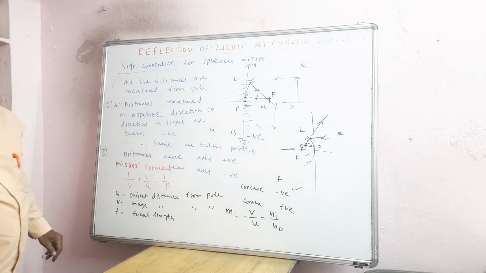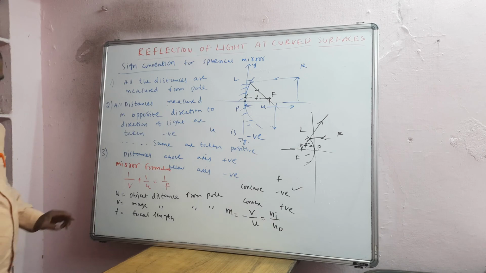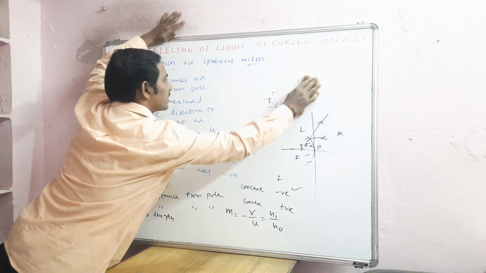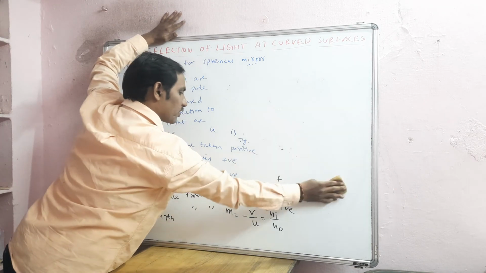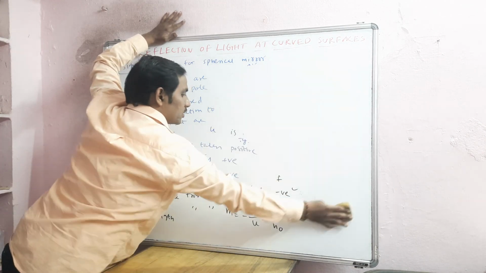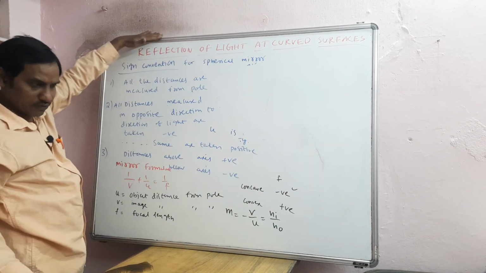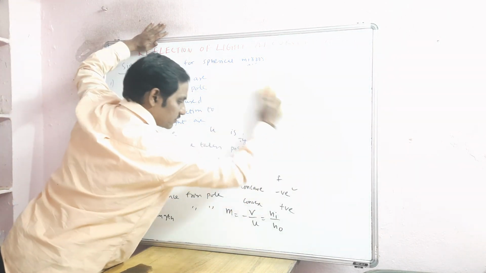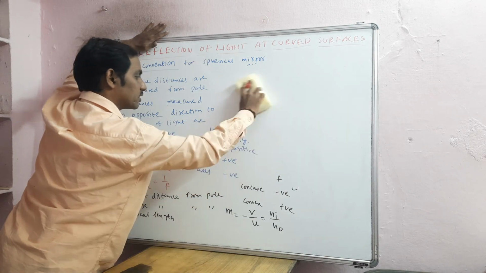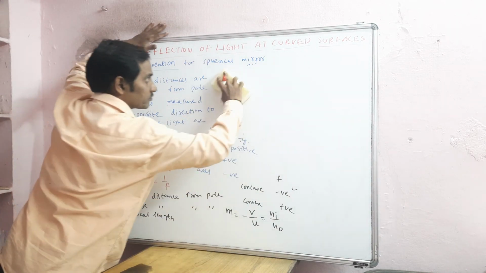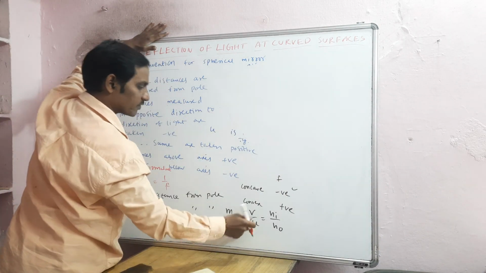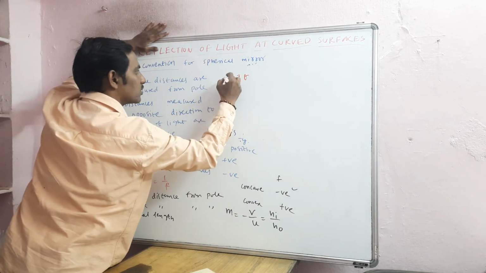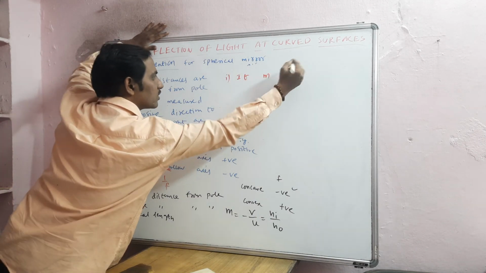See here, generally, if the m value is negative, you will get a real and inverted image. If m is positive, then you will get a virtual and erect image. Otherwise, these points are very important. So this is the formula, m is equal to. Remember point number 1: if m is negative,